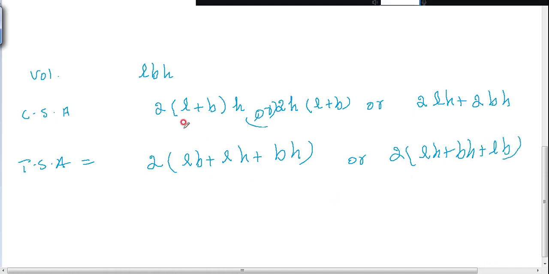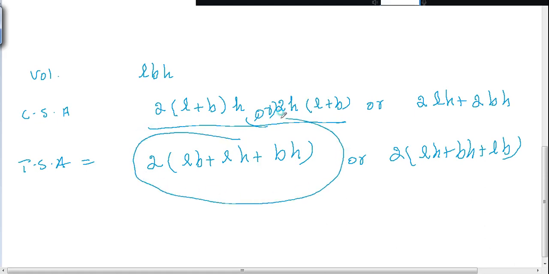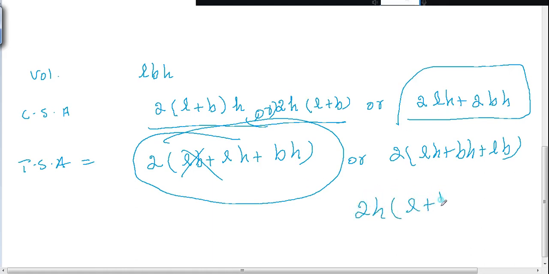Do you follow? So, those who are unable to remember this, many students very well easily they are remembering this formula since it is total surface area. So, with this, what you have to leave out? LB. You remove this LB, you see the same formula you are getting. So, from this, when you are taking 2H, then automatically you are getting the normal form. Isn't it? Do you follow, all of you?